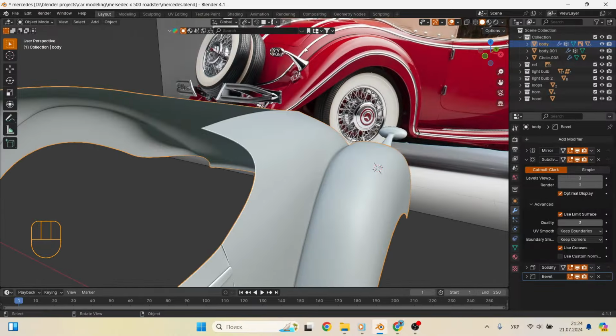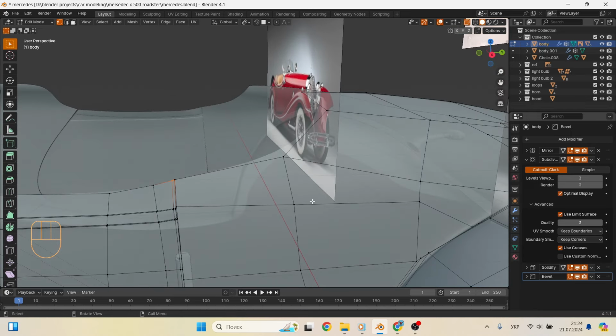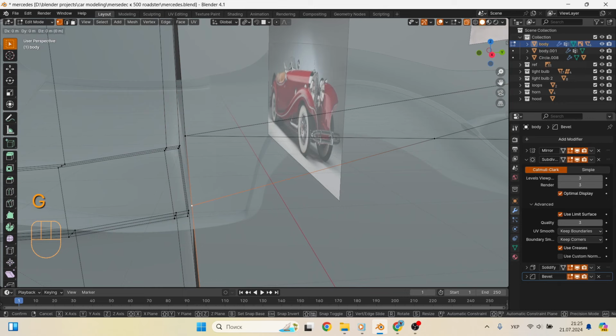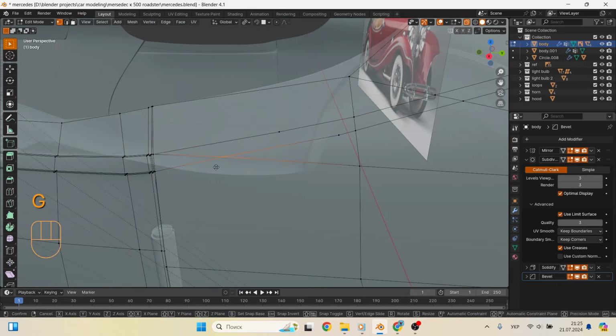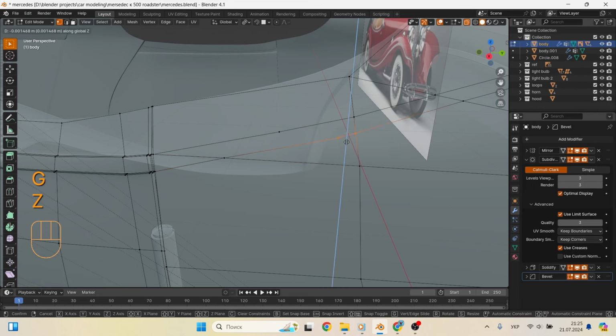Go to Edit mode and use the K key to select the knife. This is a very convenient tool in Blender for me. Saves time and effort. Well, actually, we start cutting in those places where the molding should go. In parallel, correcting and connecting the vertices in those places where it is required. Do not be afraid to do something wrong, you can always roll back with the combination Ctrl-Z. Well, do not forget to save.